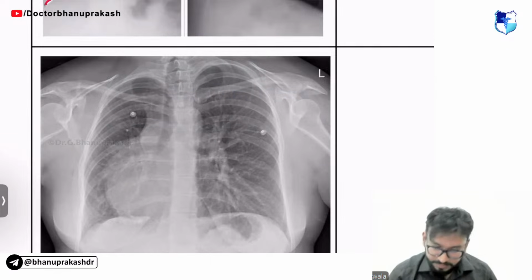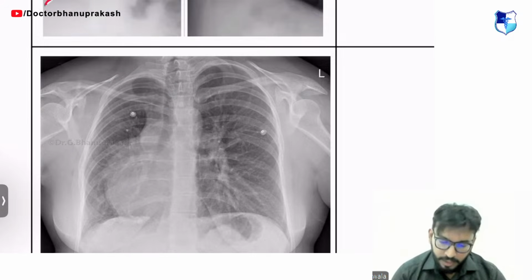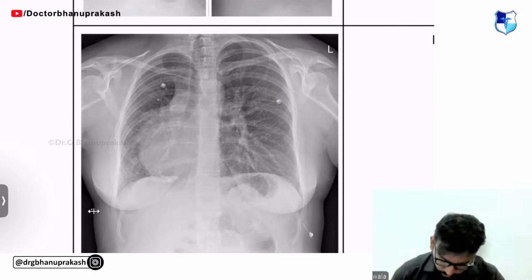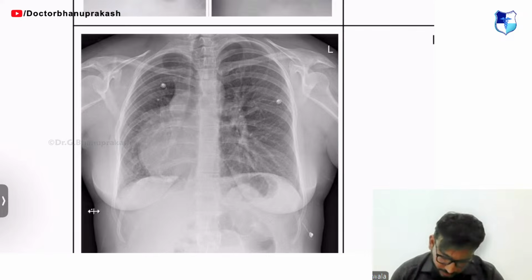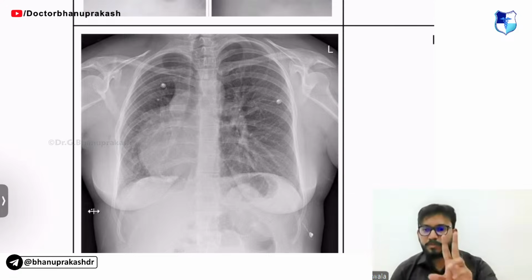Look at this. What is this? Anyone who can tell me what this is? It is an imaginary line. It is an imaginary line that you draw on an X-ray. No, don't jump to cartilaginous, friend. Please don't.